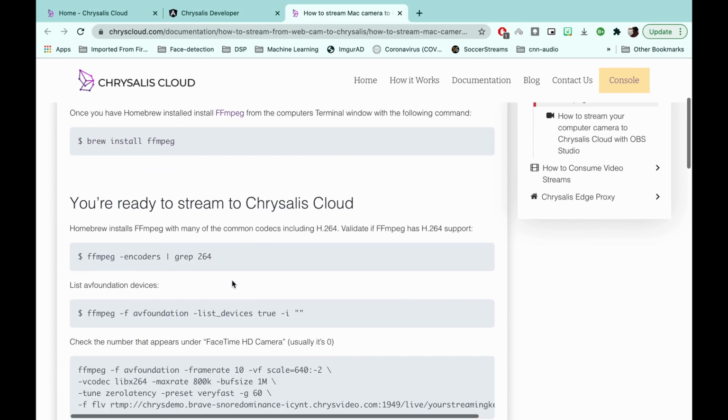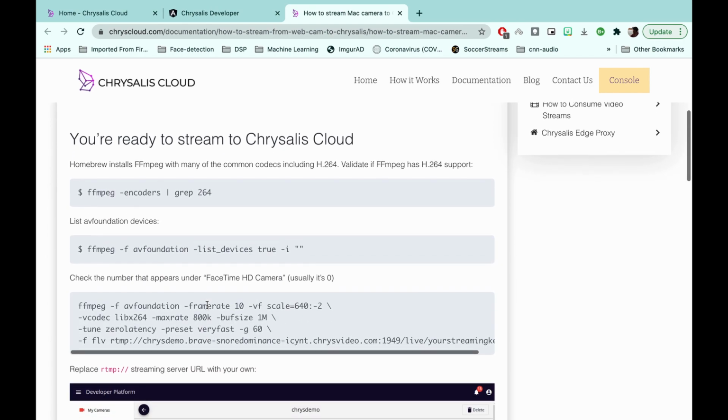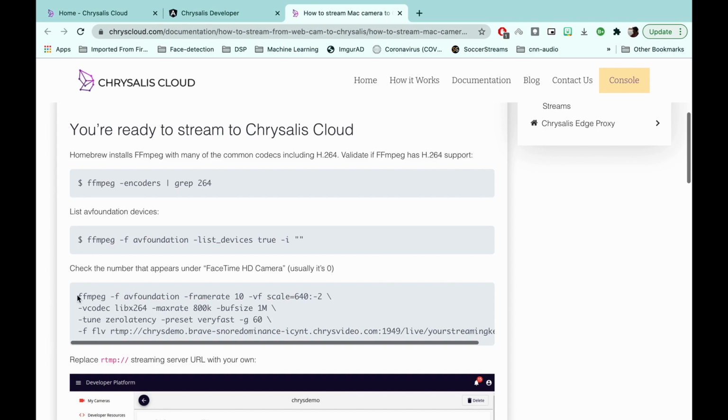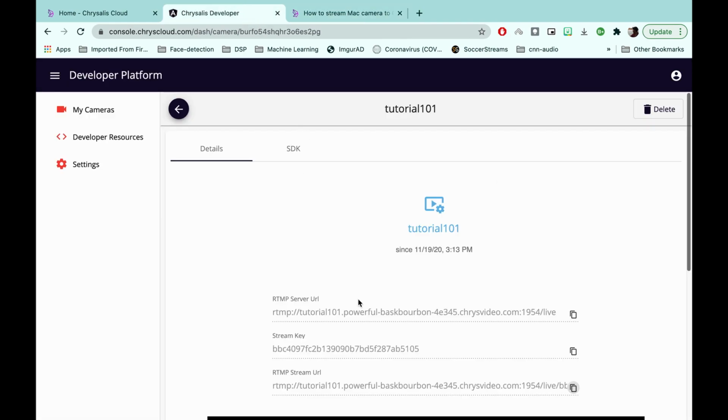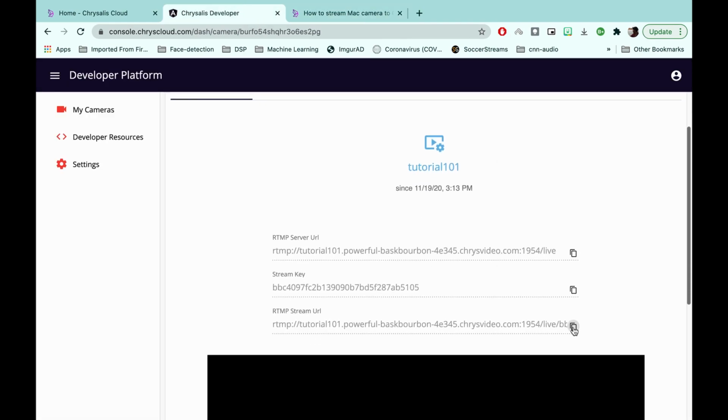I have already done that, and once you do that, you just need this command. The RTMP stream shown here is an example. You will need the RTMP stream, the URL that is here in your console. So